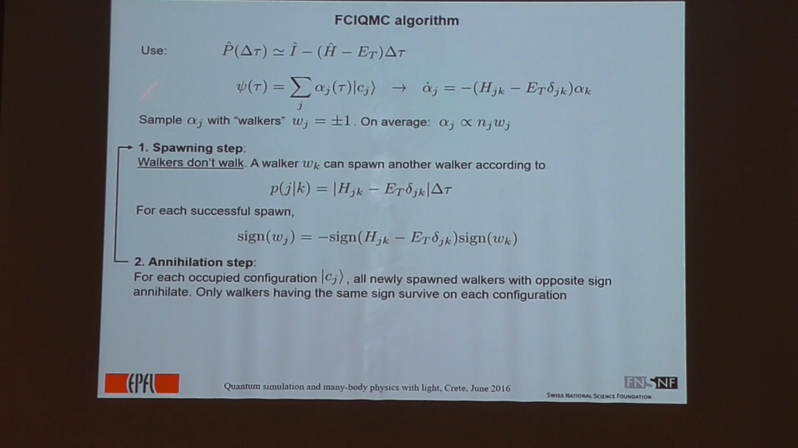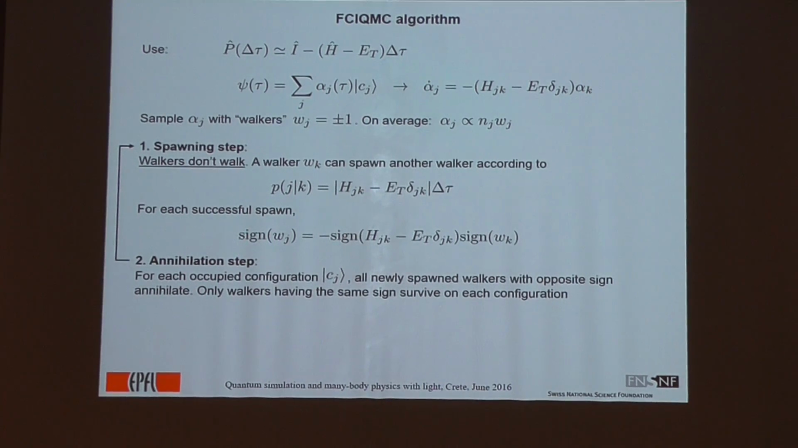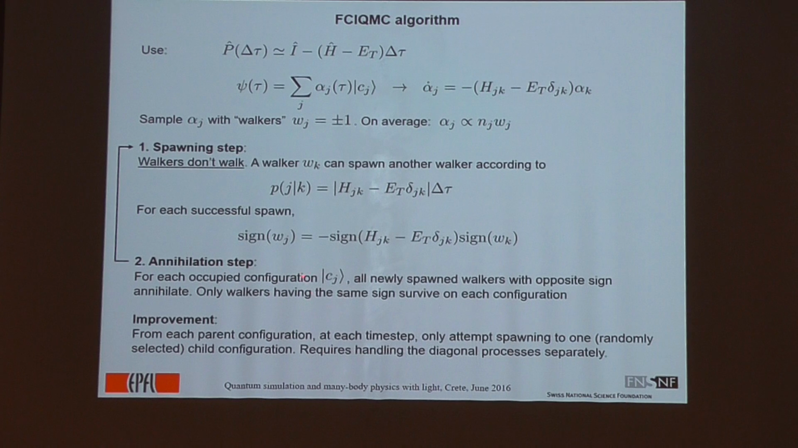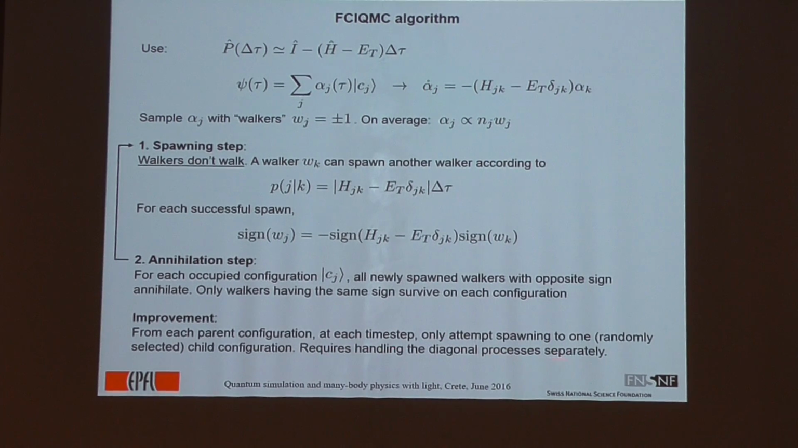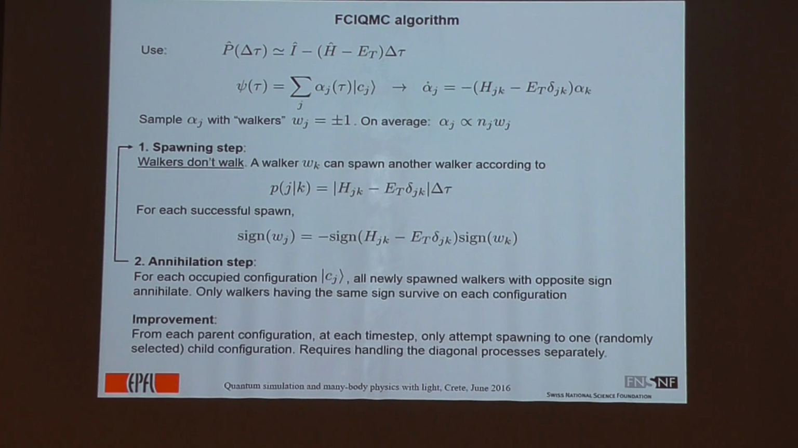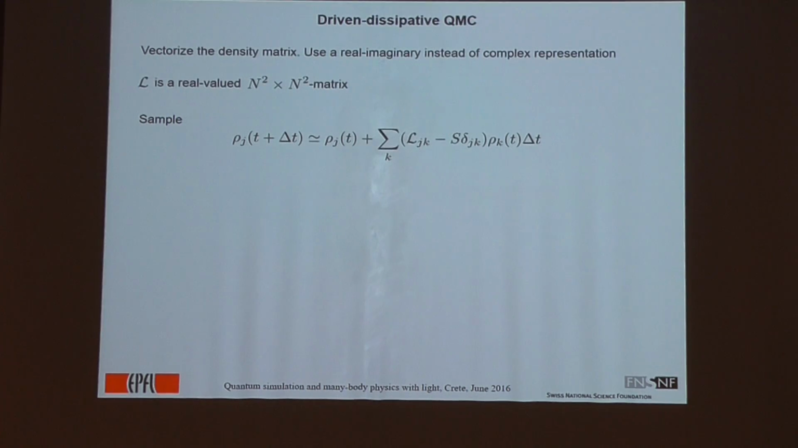And then you repeat this. You loop over this for many time steps. You can improve a lot on this algorithm, like for example, choosing only one child configuration randomly at each time step, which requires handling the diagonal process separately. There are a lot of technicalities in here, but essentially, this is the elemental version of the algorithm. And the annihilation step, once again, is what is considered as the element that improves a lot the sign problem. So my proposal is to apply this to driven dissipative